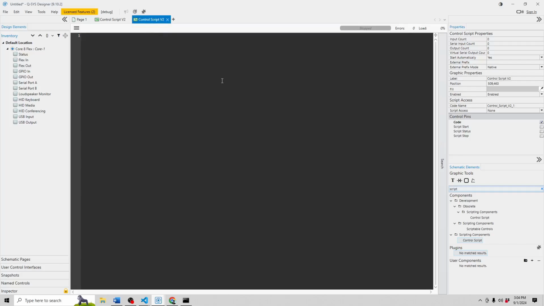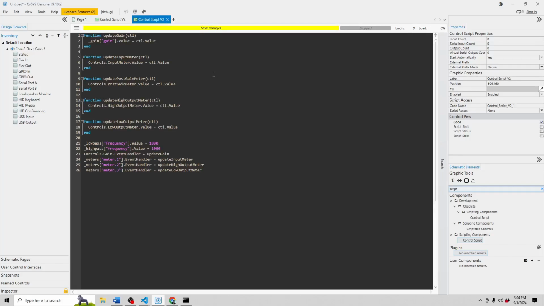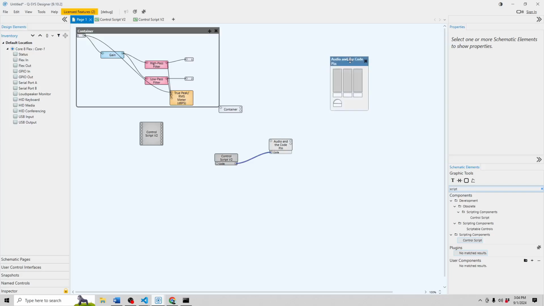Now I've already pre-written a script, so I'll go ahead and paste it in here. This is a fairly simple script. It's just a couple of event handlers as well as setting the frequency control in the 2 filters. So when the gain knob on the front panel of the plugin gets updated, we'll update the gain on the component inside, as well as when the value of the meters inside get updated, we'll update the front panel component for the meters. So now if we go ahead and open up our plugin, you can see our 3 meters